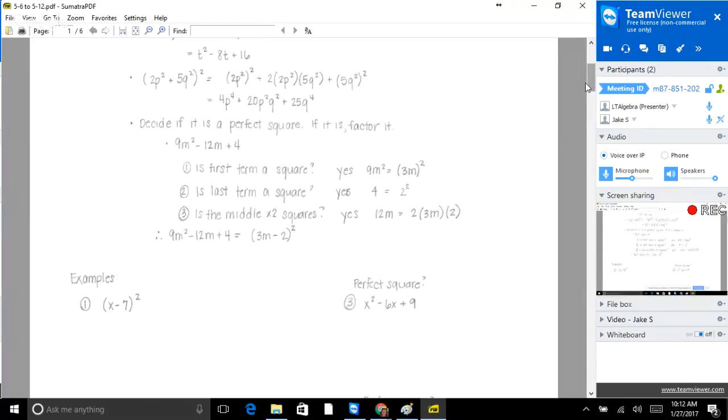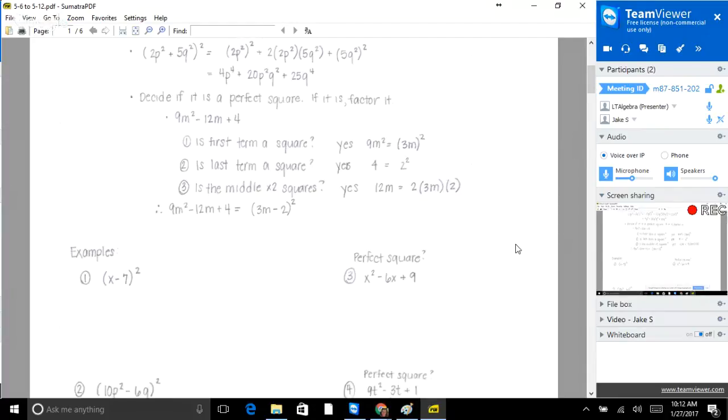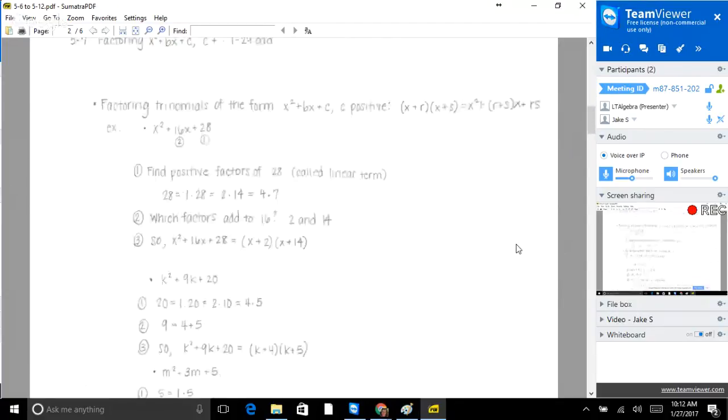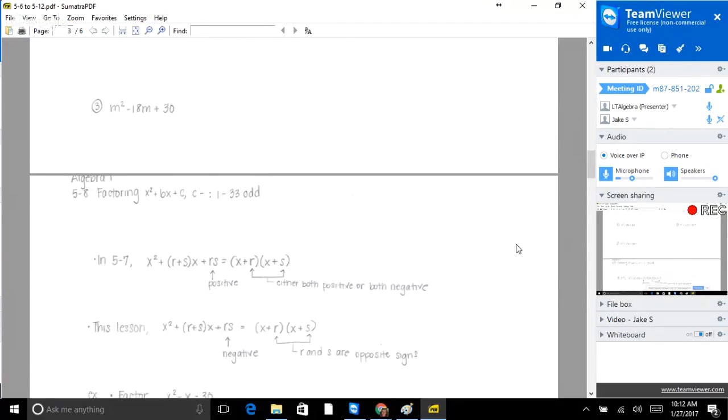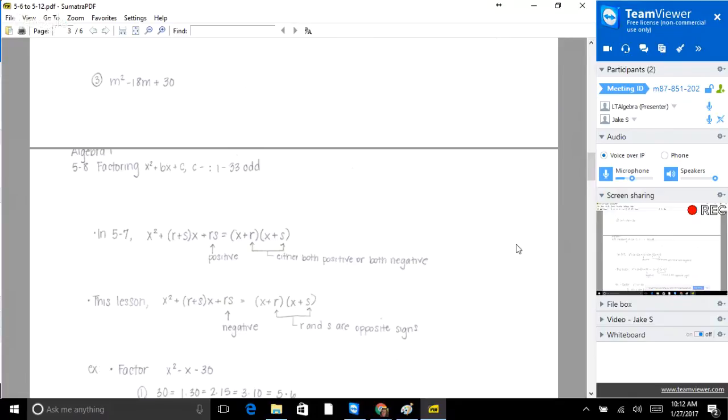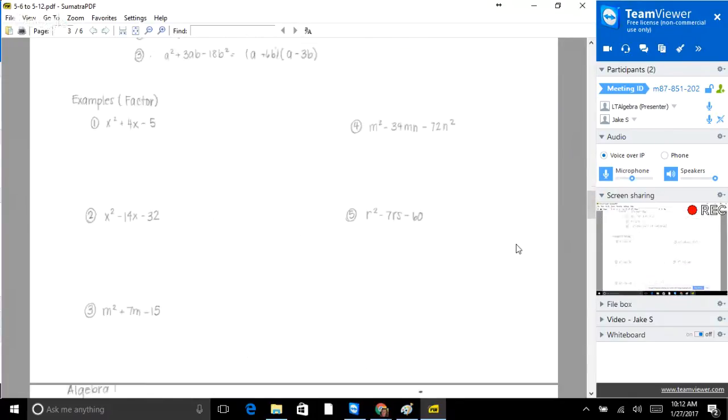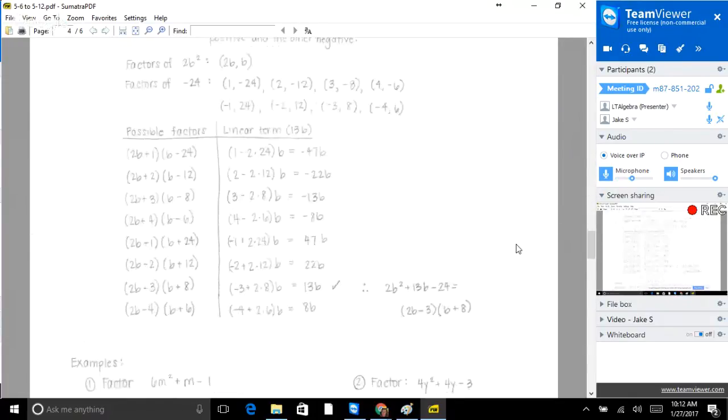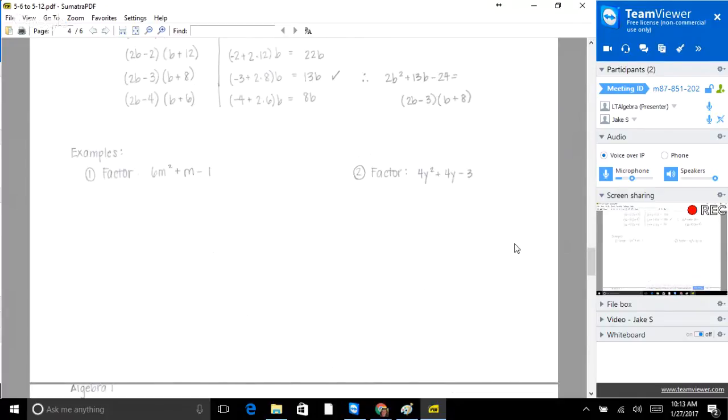Okay, so let me pull my book up here in case we want to do something different. So we started talking about this on Monday in class, and I don't think we got very far. So I want to do the examples that are on the page, and then I want to do some more examples that are in the book. So we did lots of factoring, right? Lots and lots of factoring as I'm scrolling. Okay, so what makes 5.9 different than 5.8 and 5.7 is that we are